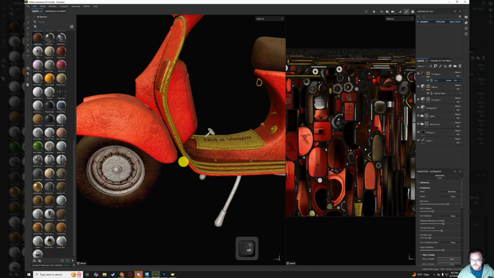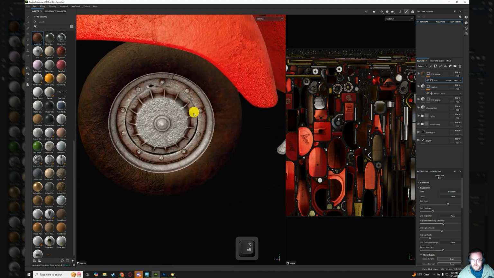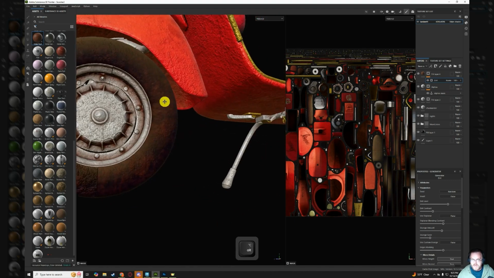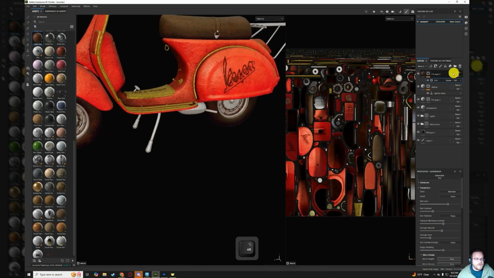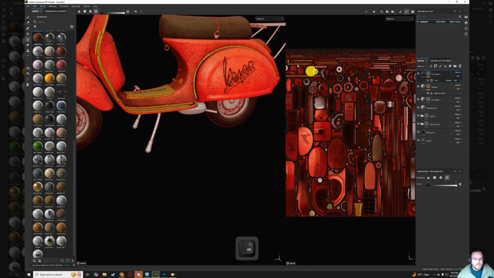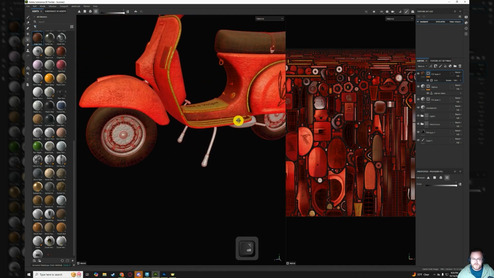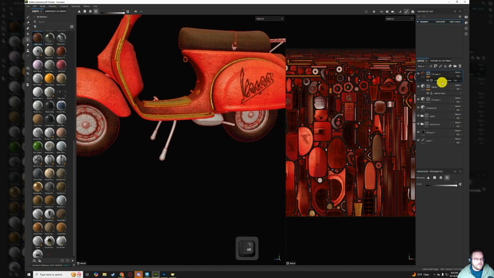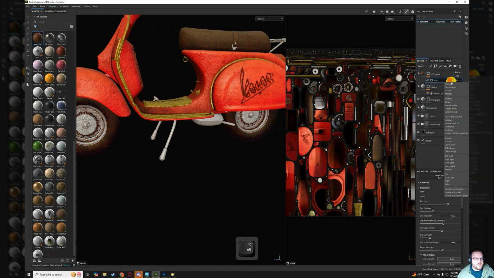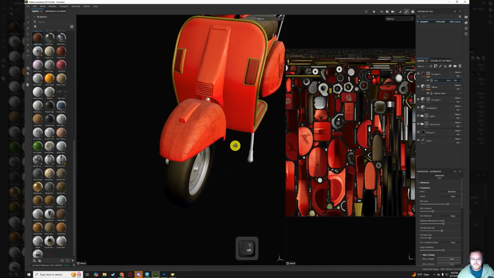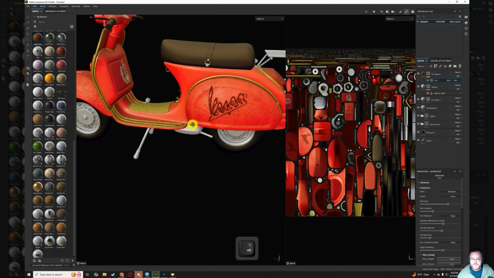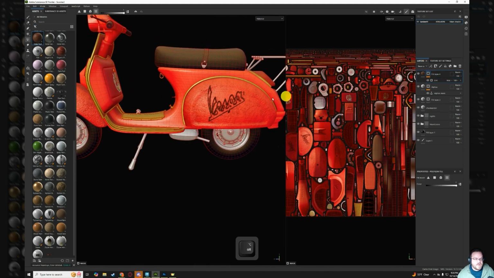So again, you can also see that this is affecting parts of our mesh that we didn't want it to, like the tires. We can fix that again by having our actual mask targeting specific parts of our mesh. And then we go to our dirt layer. If we change its blend mode from normal to multiply, it will only affect the parts of the mesh that we had selected. And if we want to add more to that, we can go into our mask, go back to our